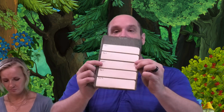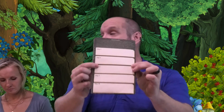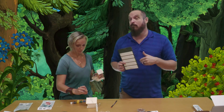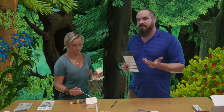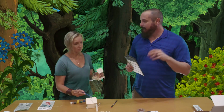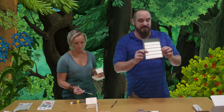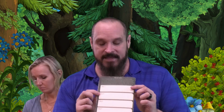But make sure you have food in there. And then you're going to come back and do the exact same thing on day 3. Now you are going to see if more birds visit or fewer birds visit, and see if maybe there are new species of birds. So write down all your birds there, and then you're going to repeat the same thing on day 5,